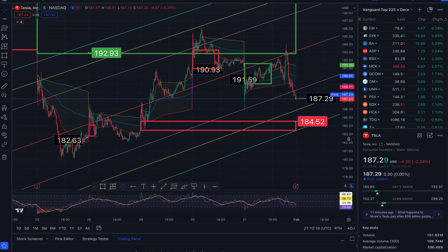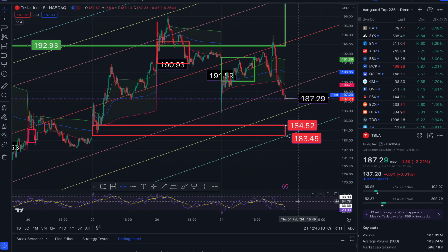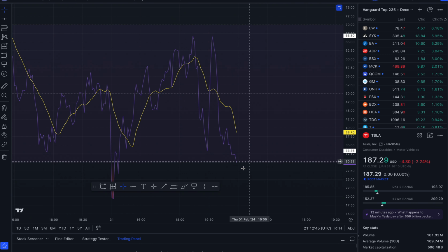Now, to the south side from where we are takes us to -3 standard deviations and support and a potential buy-in area, 185.88. This gap forms to the south side at 184.52 and closes out at roughly 183.45. The RSI is turning down on the 5-minute time frame, but once we go just maybe a little bit